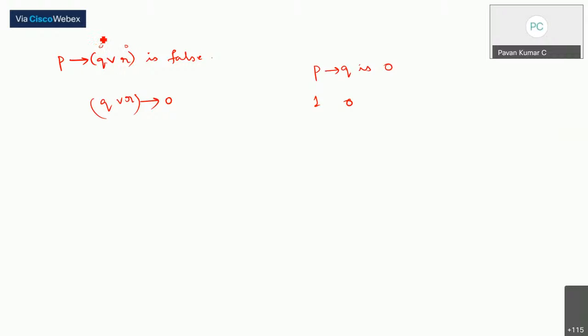If I take 1 and 0, then the value will become 1, which is not possible. So this is false only when Q is false and then R is